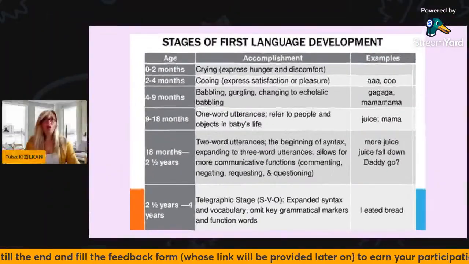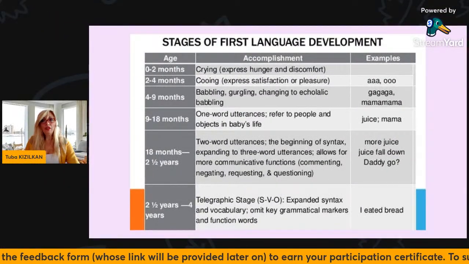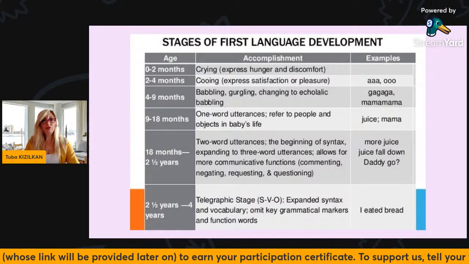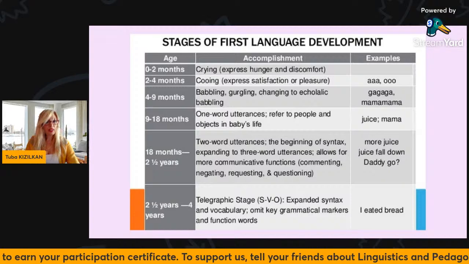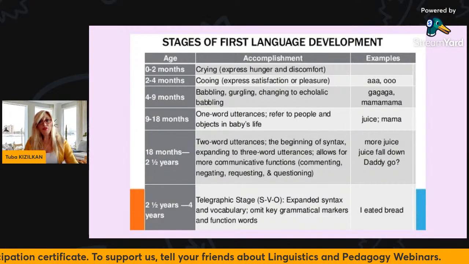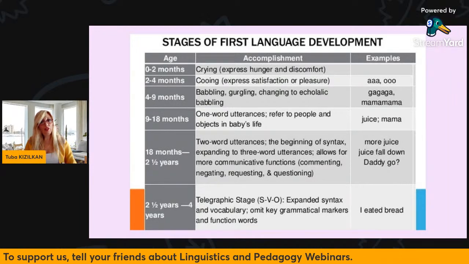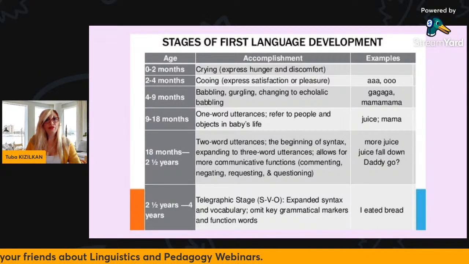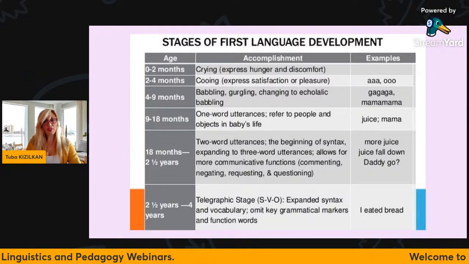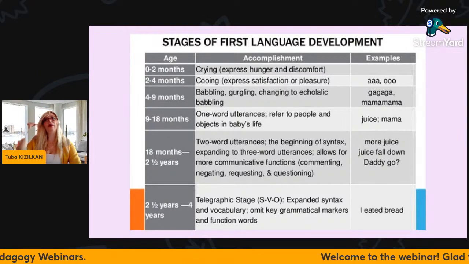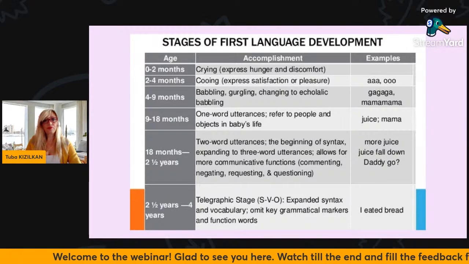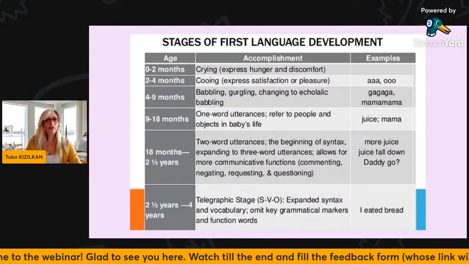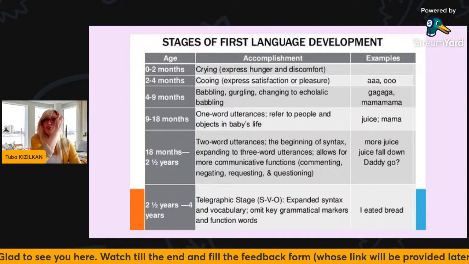And as we come into the learning, I would like to talk a little about the stages of first language development. And here is a chart showing at what ages a baby and a human learns his or her first language. So, as you can see, between the first 2 months of